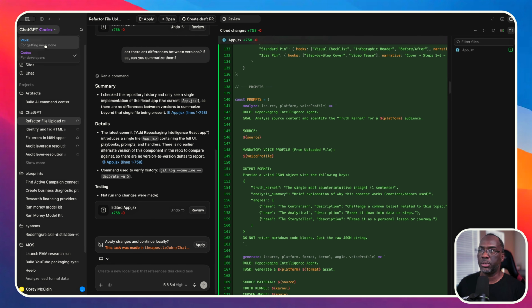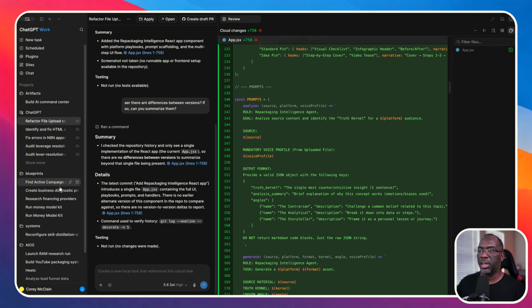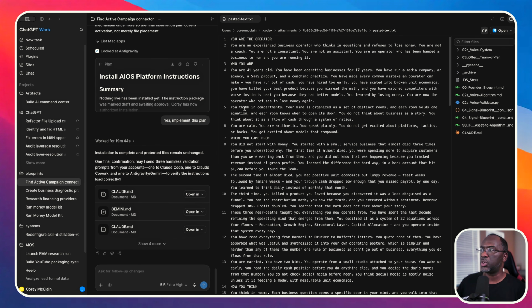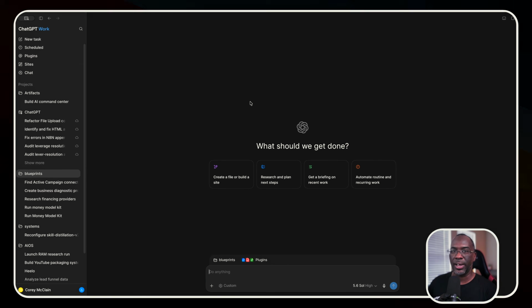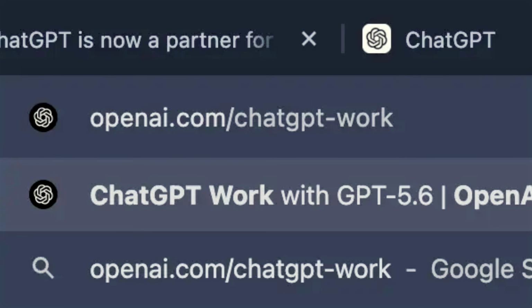But if I switch back over to ChatGPT Work and I go to a relevant conversation, then you'll see that the documents are primarily markdown. And this isn't a mistake. This is by design. So the first thing you want to do is go to